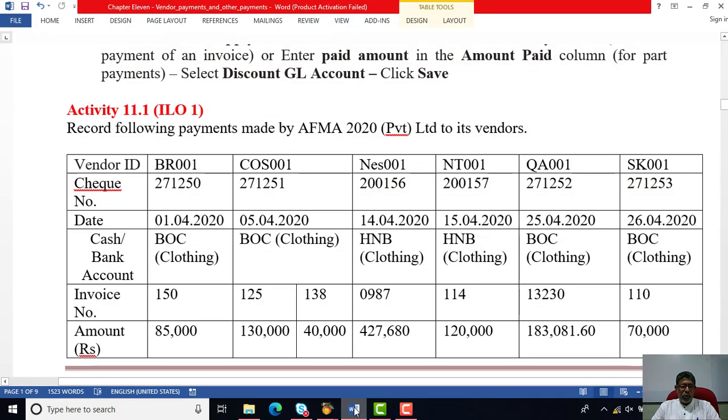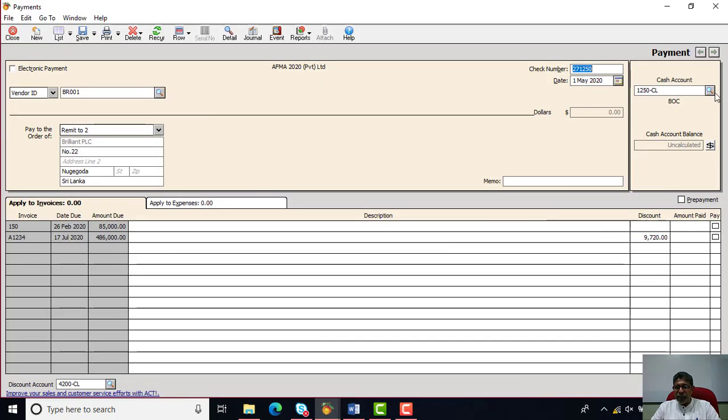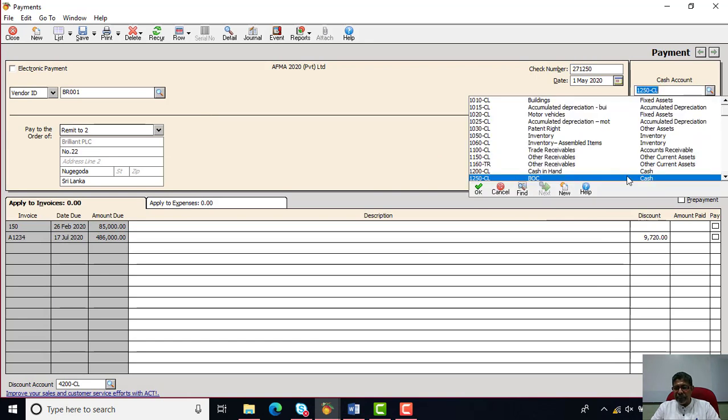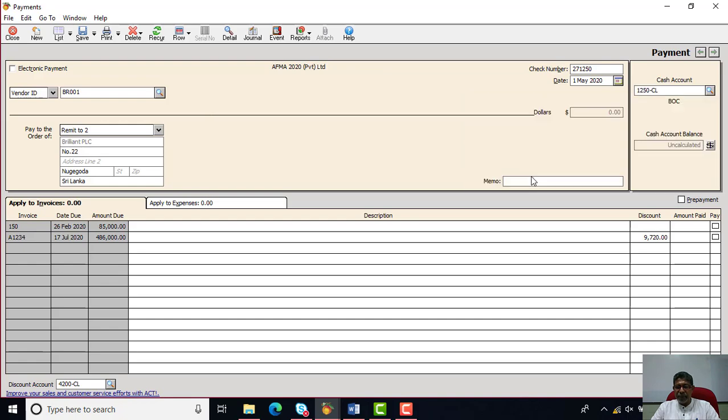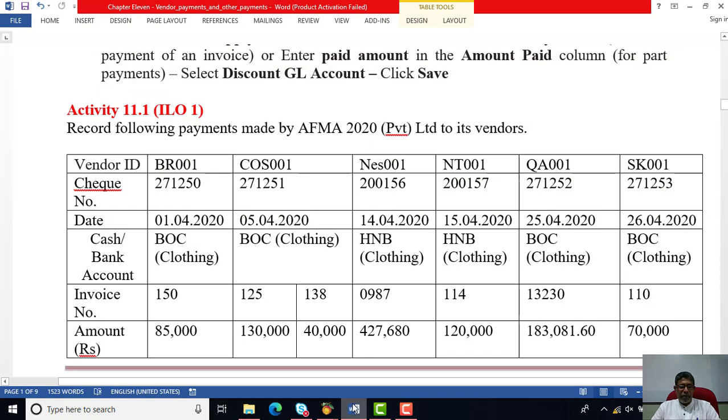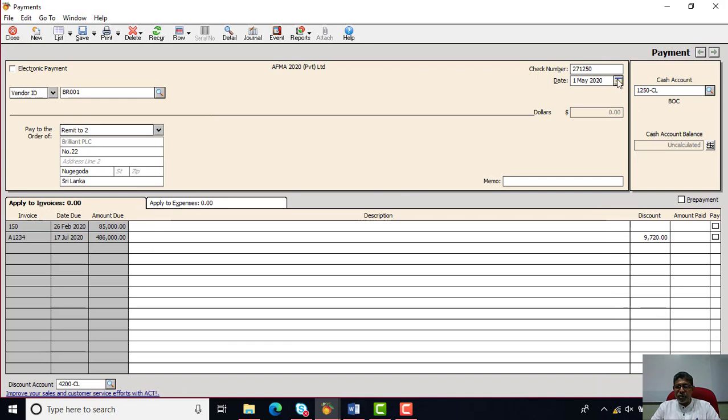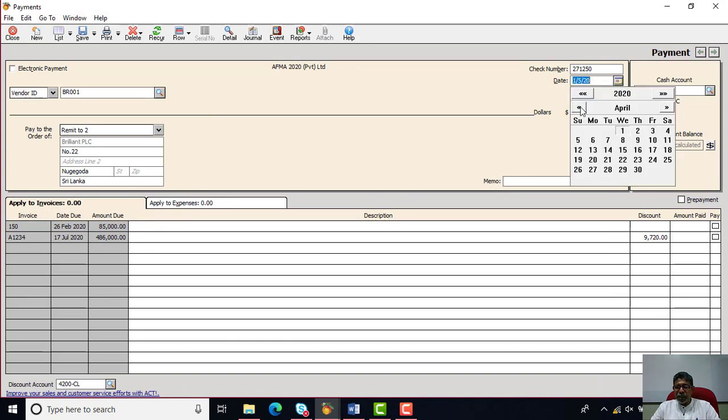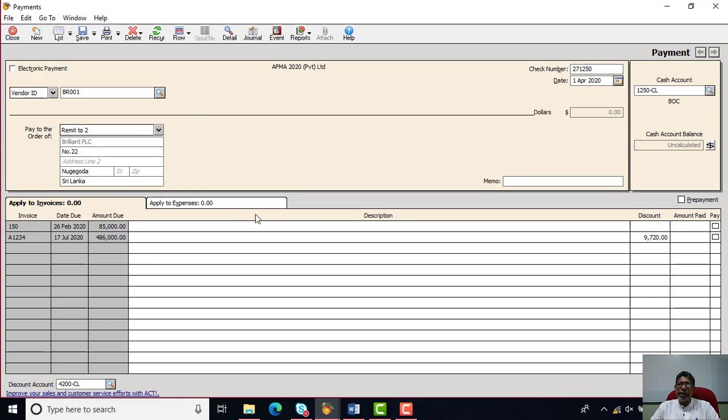BOC clothing account. So we have to make sure that we select the appropriate account, BOC clothing account, CL business. And the date of the payment, very vital, is the 1st of April 2020. So the payment is made on the 1st of April 2020. At that point, we have to select the date of payment, right?